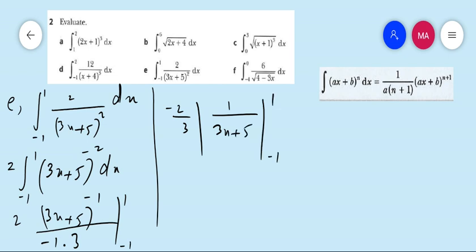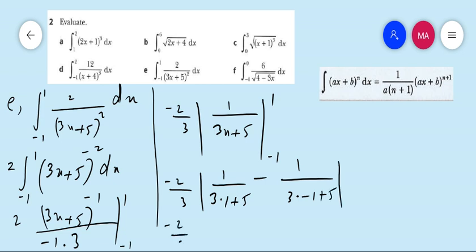No need to write positive 1, but negative 1 does matter. Apply the limit: minus 2 upon 3, 1 upon 3x, x is 1, 1 plus 5, minus 1 upon 3 into x, x lower limit is minus 1 plus 5. Minus 2 upon 3, 1 upon 3 ones are 3 plus 5 is 8, minus 3 ones are minus 3 plus 5 is 2,